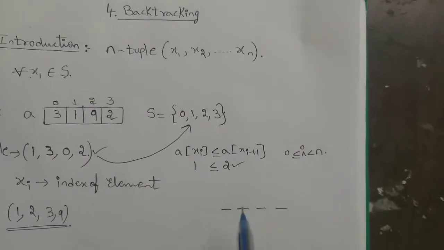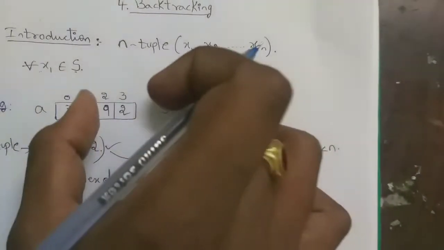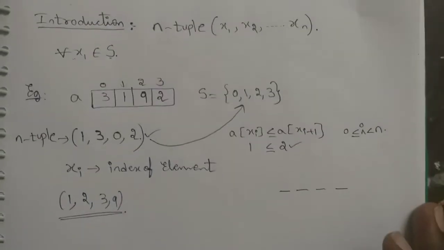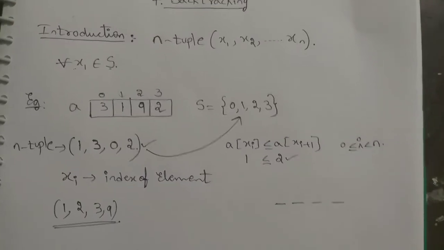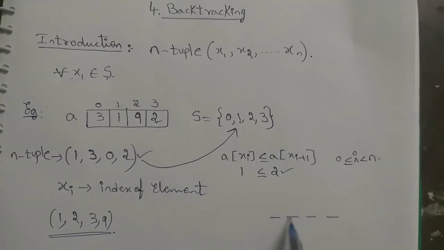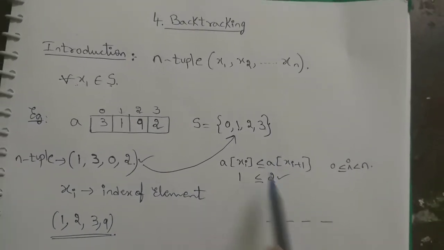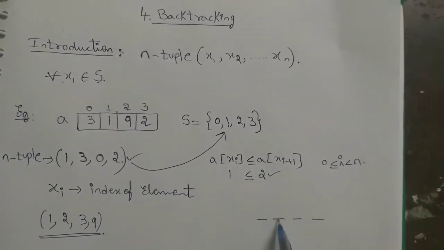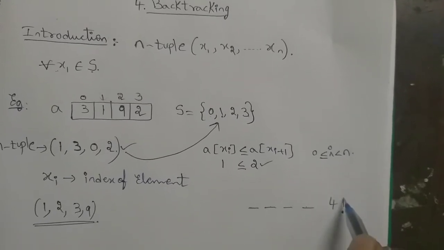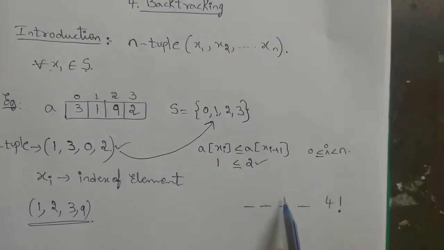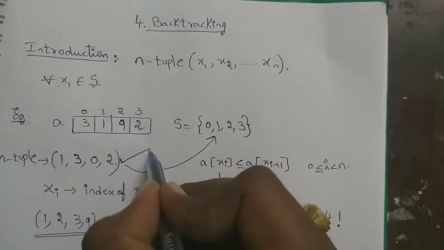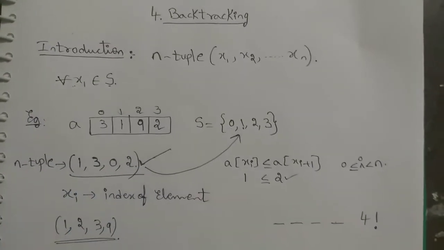But when coming to the brute force method of solving the given problem, we don't use any constraints, and no algorithm is used. The approach is blind for all problems. For this problem, we need to place these 4 values in 4 different positions. 4 elements can be placed in 4 different places. How many possibilities are there? In 4 factorial ways, we can arrange these 4 elements. Out of those 4 factorial arrangements, only one arrangement is the solution. That is, this arrangement is the solution.